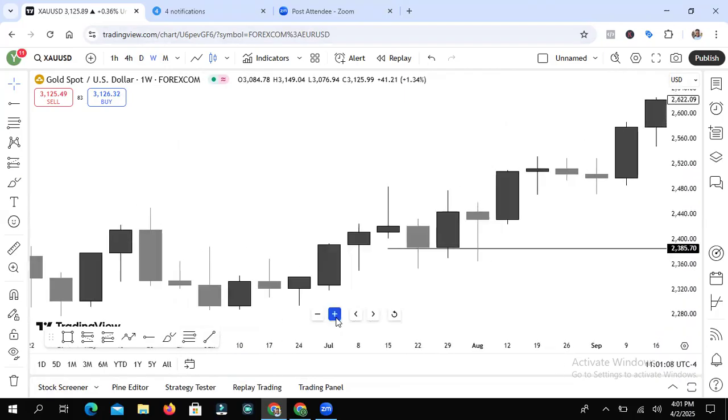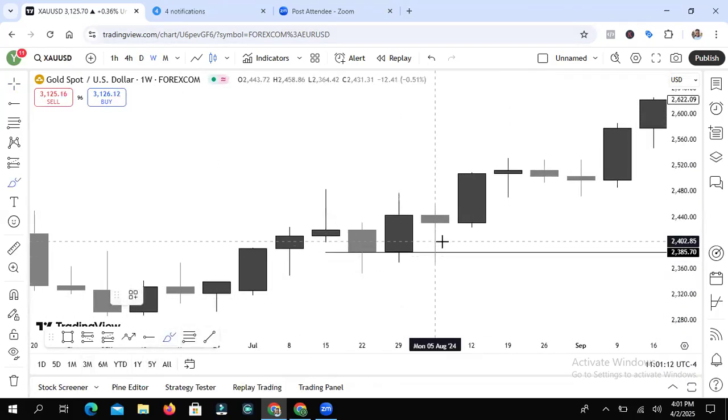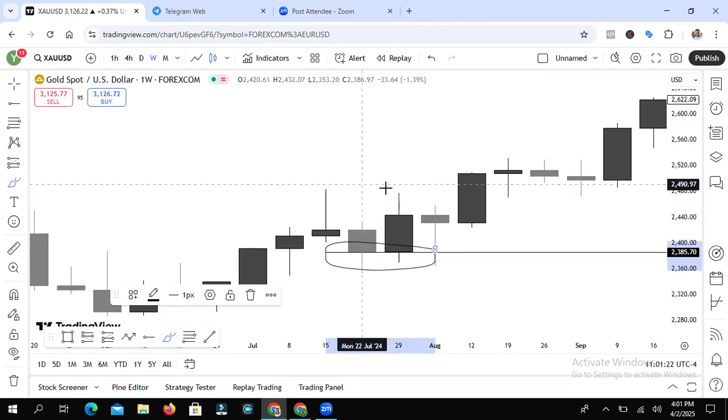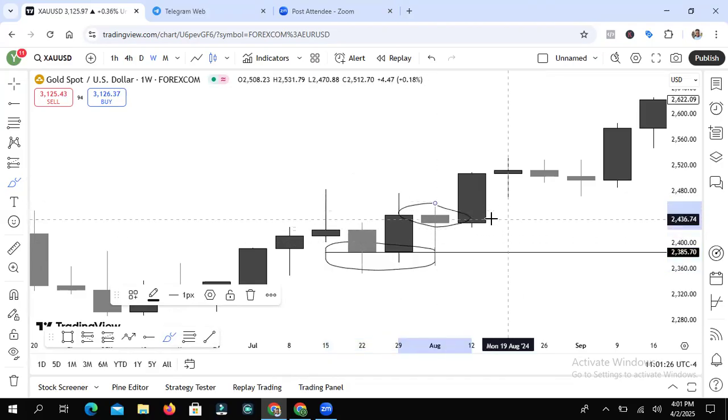Like I said, candle rejection, candle closure around the key level. You can see this is the V-shaped key level right here. This is the candle rejection. This is like the first week, second week, the third week. This is the third week they traded into it, and then they rejected it.